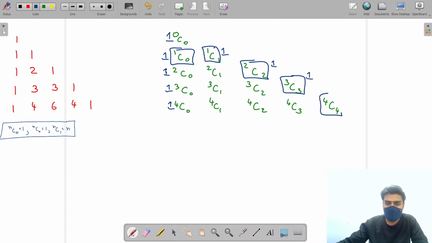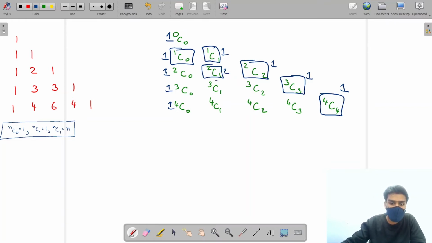Alright. So do we need this kind of pattern? Yes, we need this kind of pattern only in which the first and last index are always 1. And what about the mid index? Let's say NC1. So NC1 is N. That means